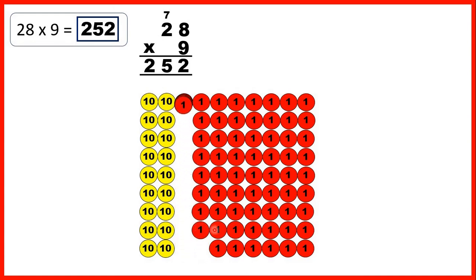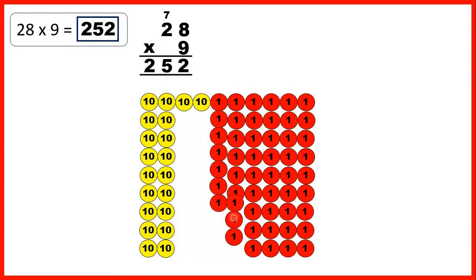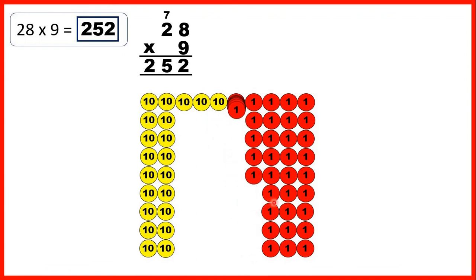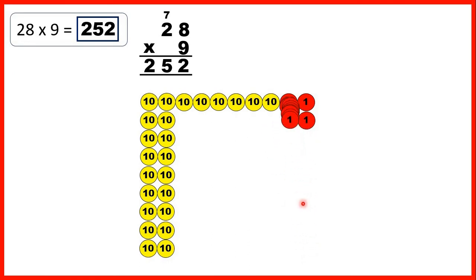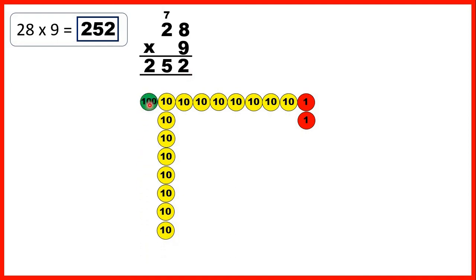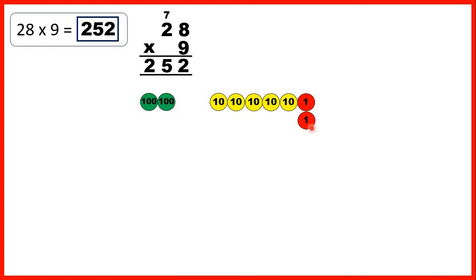But now we just need to do a lot of regrouping. We can regroup 10 ones to make one 10. And we can do that 7 times. That's because 8 times 9 is 72, but because we've regrouped into 7 tens and 2 ones, we can write the 7 above our tens column and the 2 in our ones answer line. Now we can regroup 10 tens to make 100, and we can do that twice. So now that we've regrouped as much as we can, we have 2 hundreds, 5 tens and 2 ones, so that's